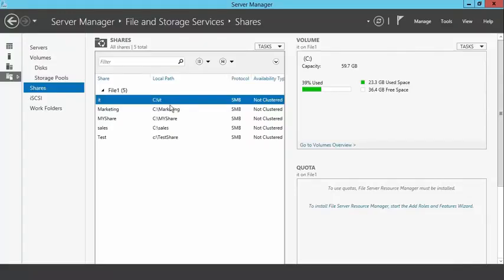Now, what we really want to focus in on is, unfortunately, a little bit more complex. Those are the NTFS permissions. See, in my example, as I've been going through and